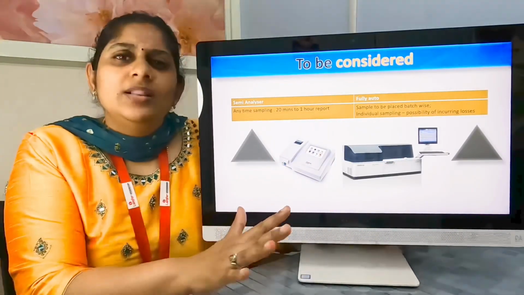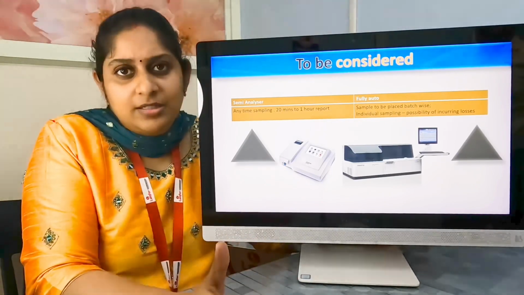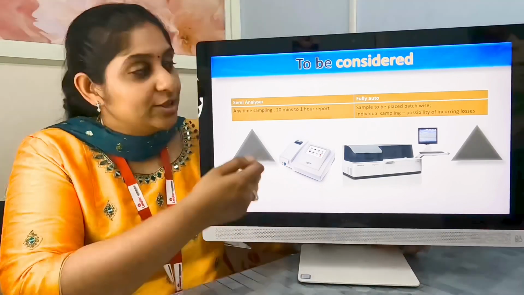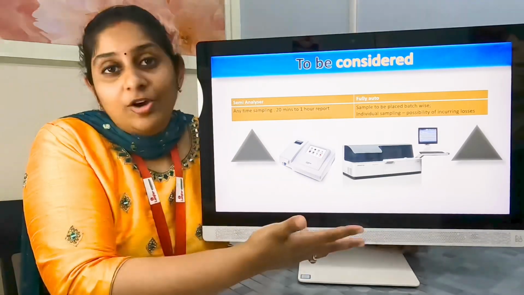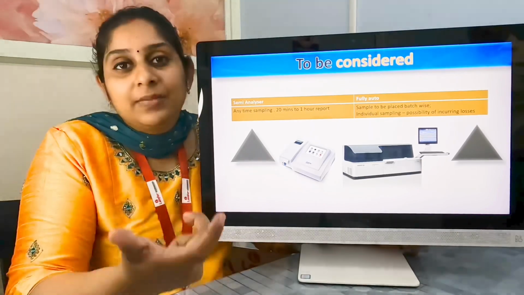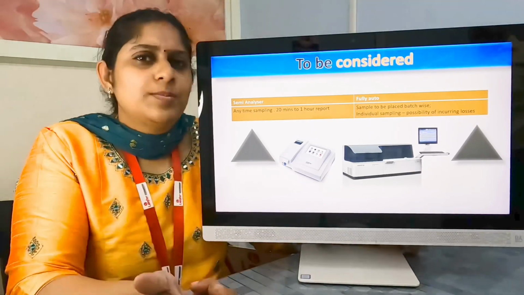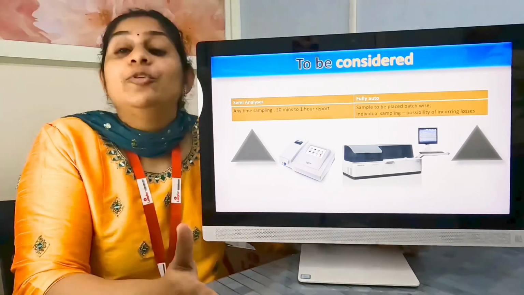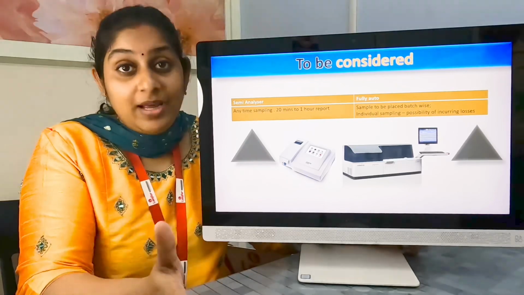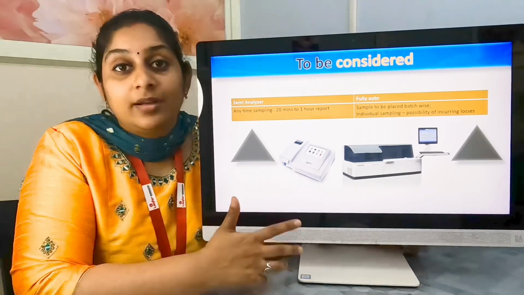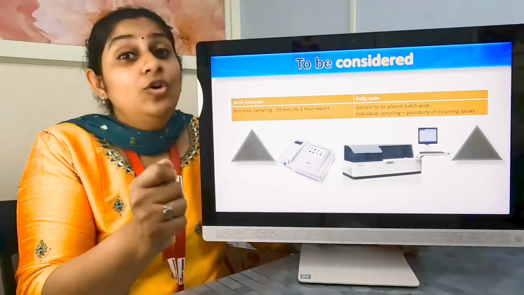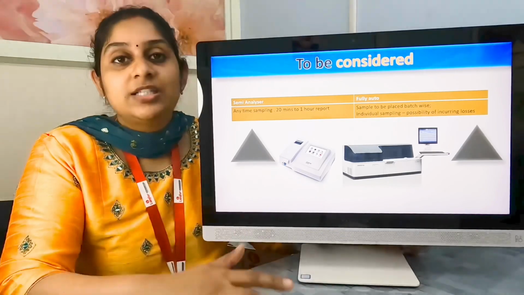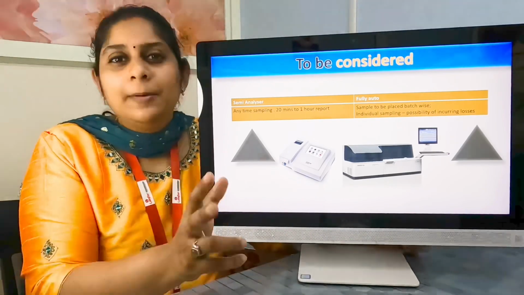So we have seen all these things about the semi and fully automated machines. What is the most important point to be considered while choosing between a semi-automated or a fully automated analyzer? That is the time taken. Suppose you're running a very small laboratory, and you're getting 15 patients in a day for a sugar test. So you will have 15 sugar samples to be run. If you do it in a semi-automated analyzer, it will take you nothing less than 2 hours to finish it and send the report to the patient. It will take a minimum of 2 hours.